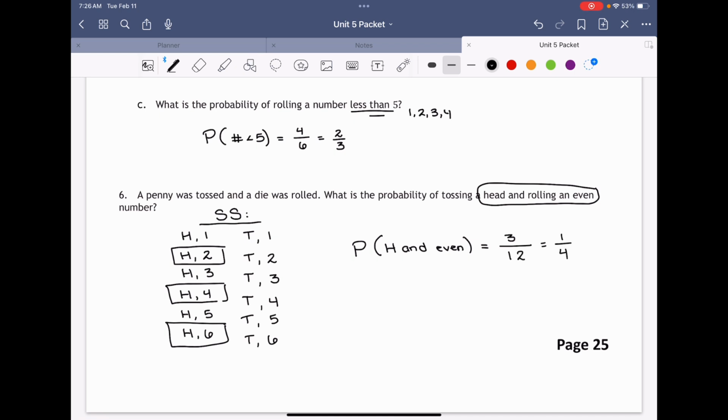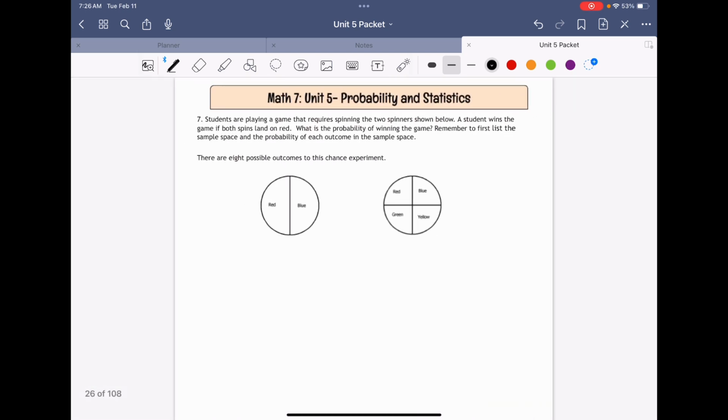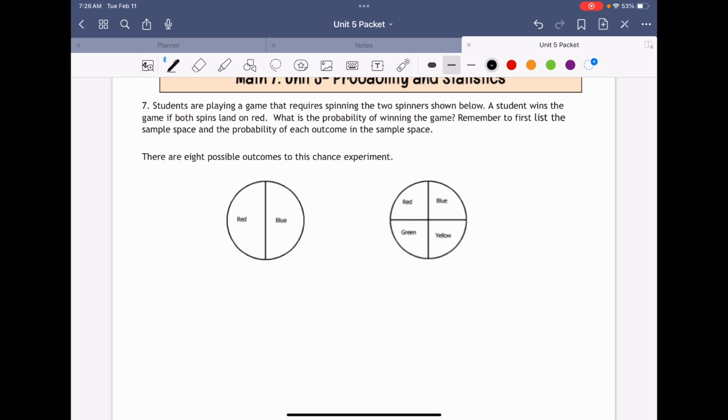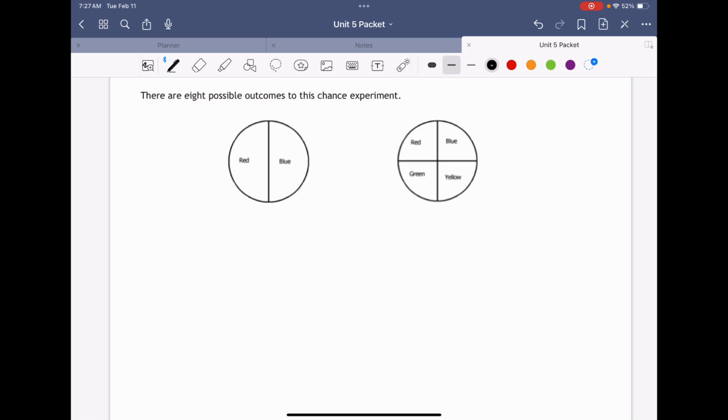All right, we're going to try one like that again. Okay, so this time it says students are playing a game that requires spinning 2 spinners. A student will win the game if both spins land on red. What is the probability of winning that game? So we're first going to list the sample space and the probability of the outcome. So let's go ahead. So our sample space